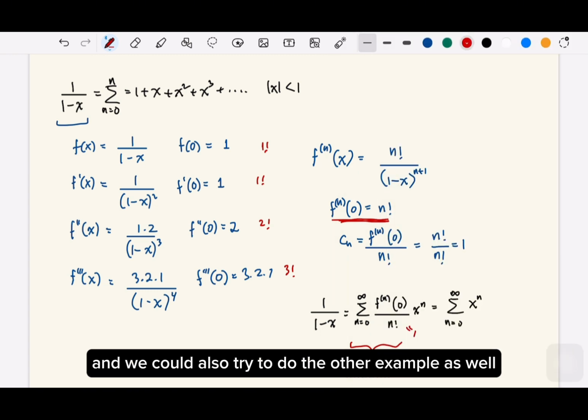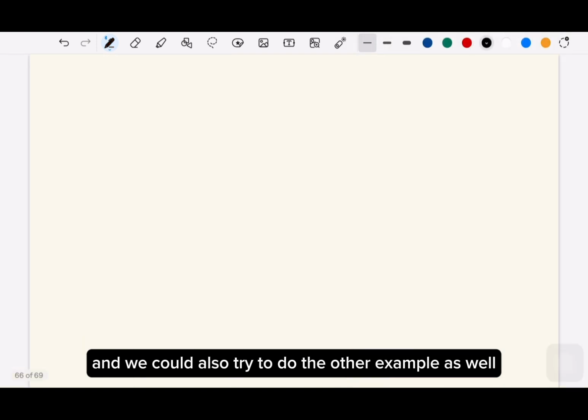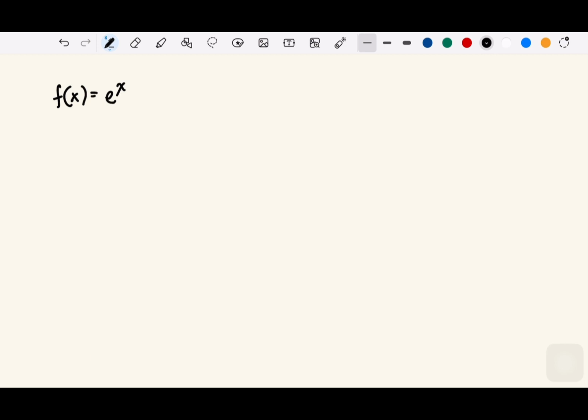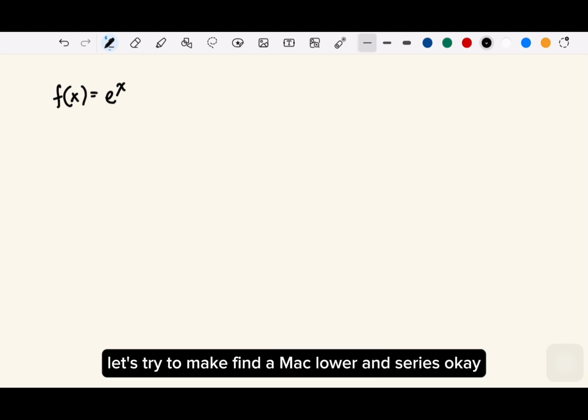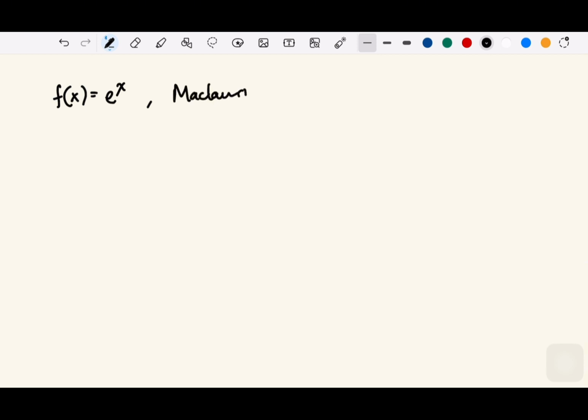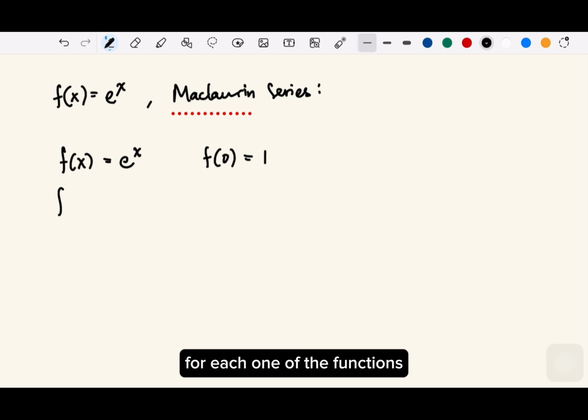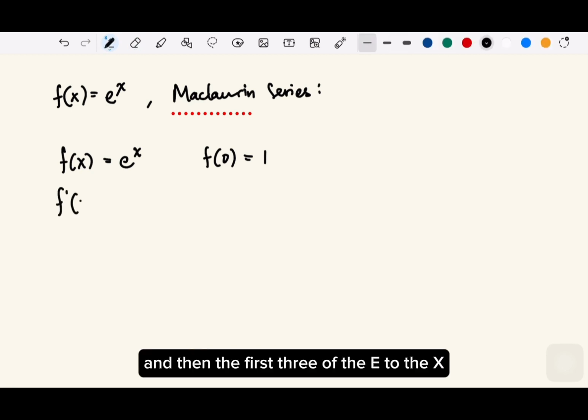And we could also try to do another example. Let's start simple, taking f of x equal e to the x. Let's try to find its Maclaurin series. So as usual, we start by taking f and evaluating at x equals 0 for each of the functions, and then the first derivative,